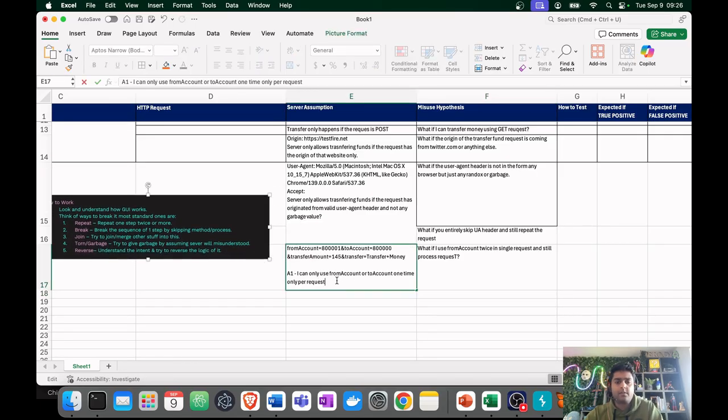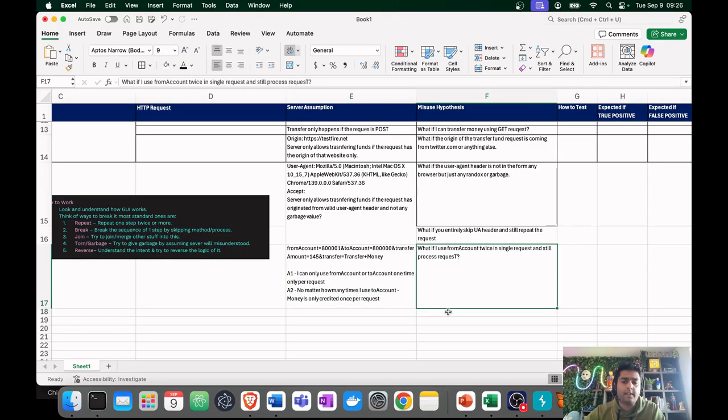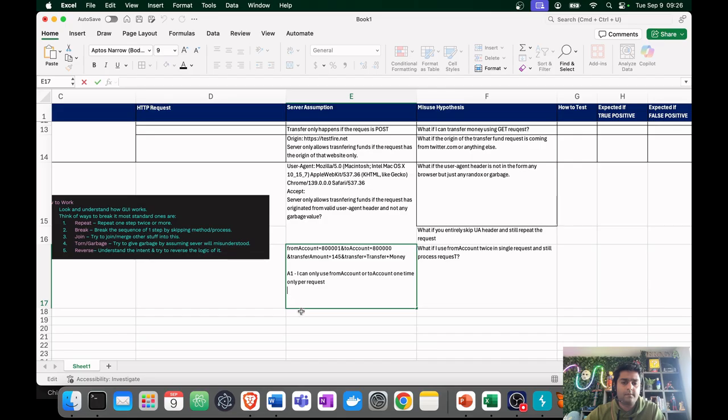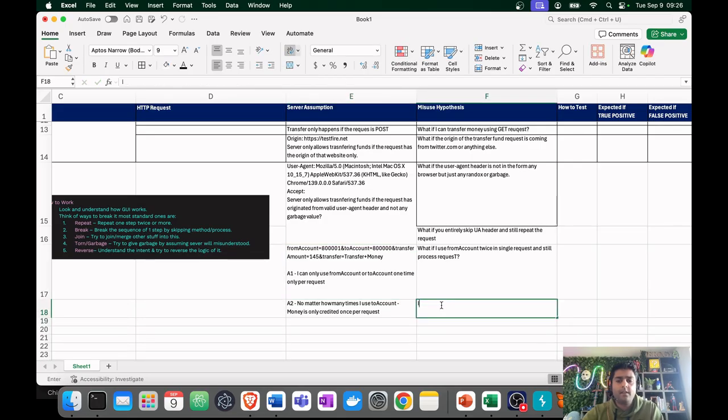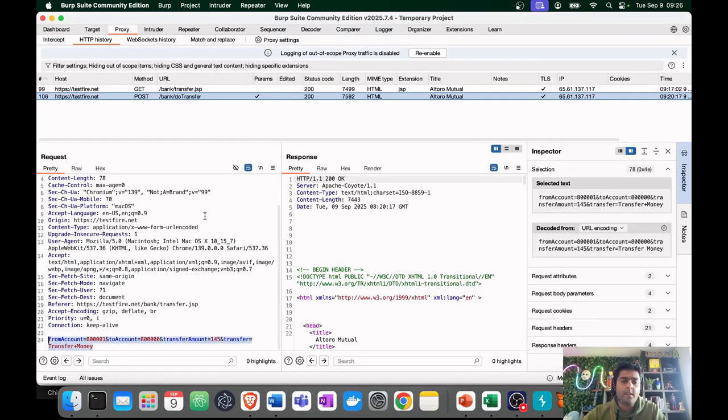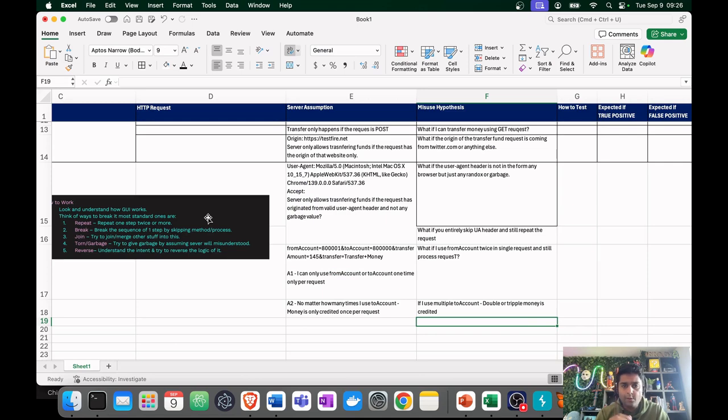So assumption 2 would be: no matter how many times I use to account, money is only credited once per request. The next test case would be: if I use multiple to accounts, double or triple, money is credited. So this is how you have to build your curiosity, by looking at every single part of the request